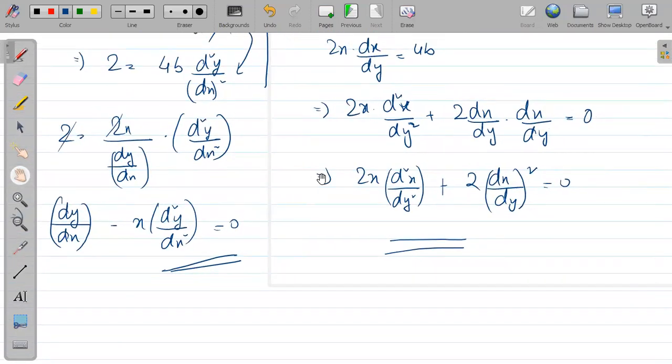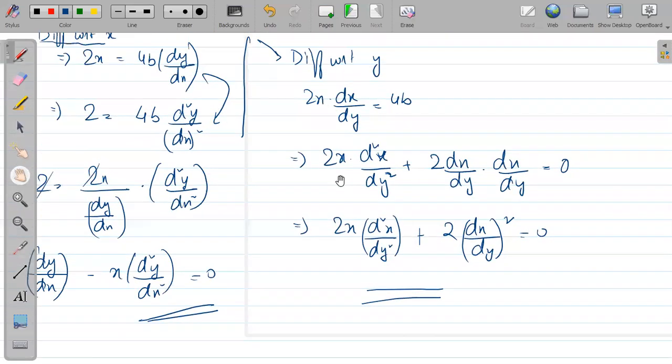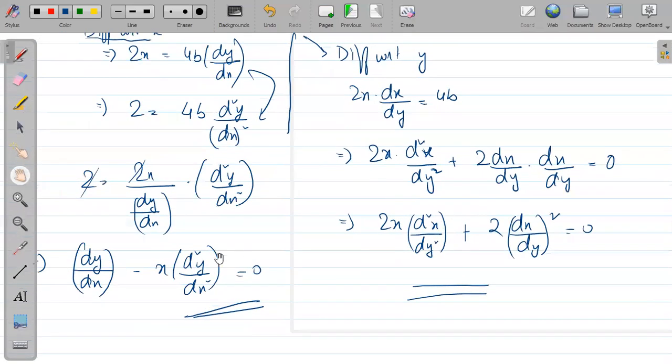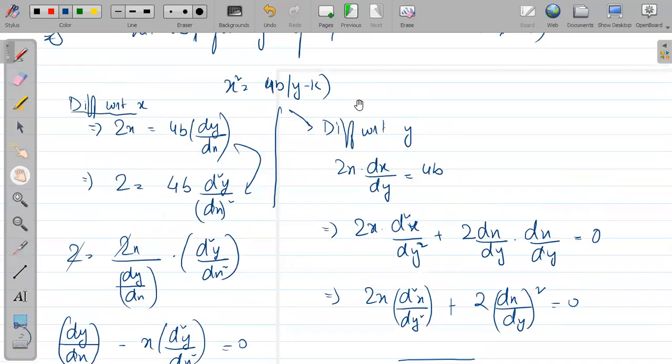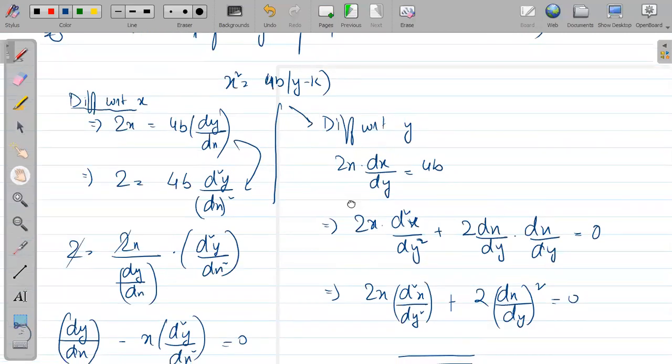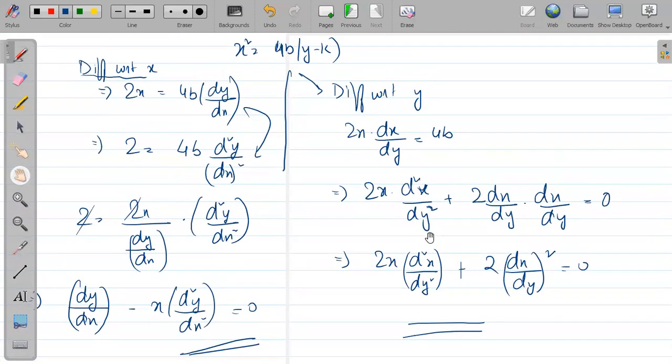Not same. Sir, but the degree is varying, no, sir. Degree is 1 here also. That doesn't matter. Degree 1, that doesn't matter. See, it is a different form of the same equation. The equation is the same, but the form is different. Here also the form is different. Don't worry.